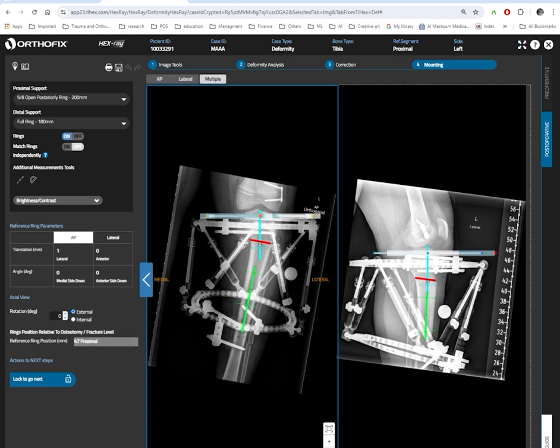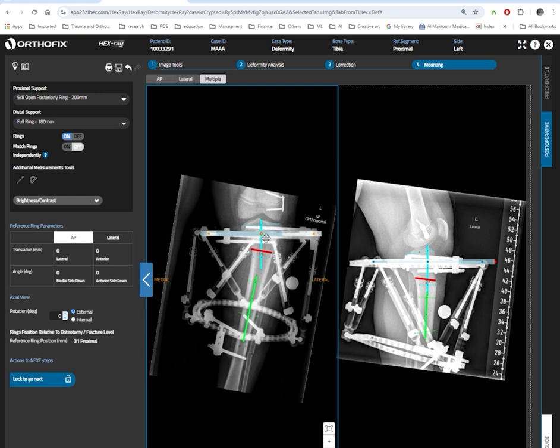So this is my ring. I'm going to bring it down. See, as I bring it down, you see the other ring moving. So the rings are connected together. Clicking this off or on will make them move separately. We don't want to do that unless we have to. And this happens sometimes if the two x-rays are not taken accurately, or our osteotomy or reference point is not